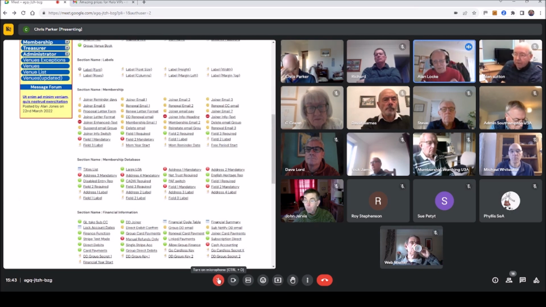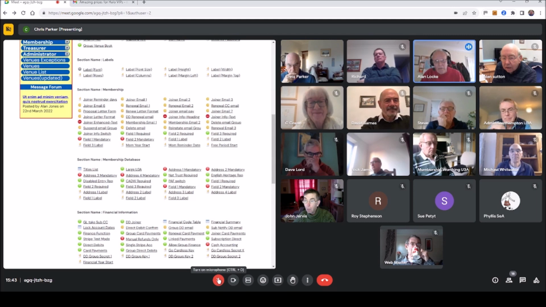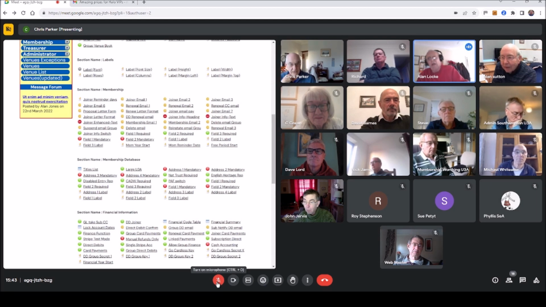People were going on to the group pages, not logged in, and they were seeing the Eastings and Northings and thinking they were a telephone number, and they were trying to ring the group leader on the Eastings and Northings number, and unsurprisingly they weren't getting the group leader. One or two got some company somewhere, and another one got number unobtainable. We weren't sure how we could get rid of the Eastings and Northings, but if you put a 0 in on the venues on Eastings and Northings, it takes it out completely. Yes, that's right. Yeah, good.